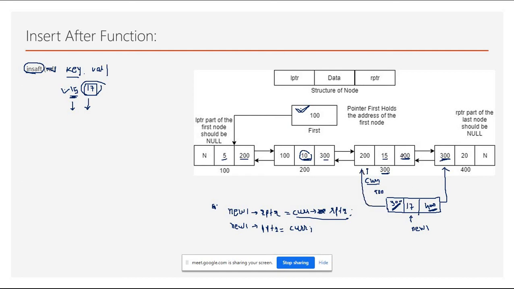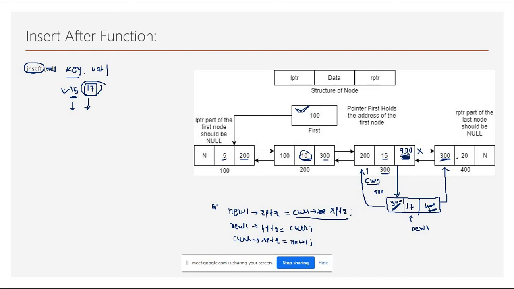Okay, now this address should be erased, and instead of that we have to put 900, right? So this is a current node, so I will write current point to RPTR, this is equal to new one. Fine. So here what happened? What is new one? New one is on 900, so you have placed a 900 here. So now this link is deleted, and now from 300 you are just going to 900.